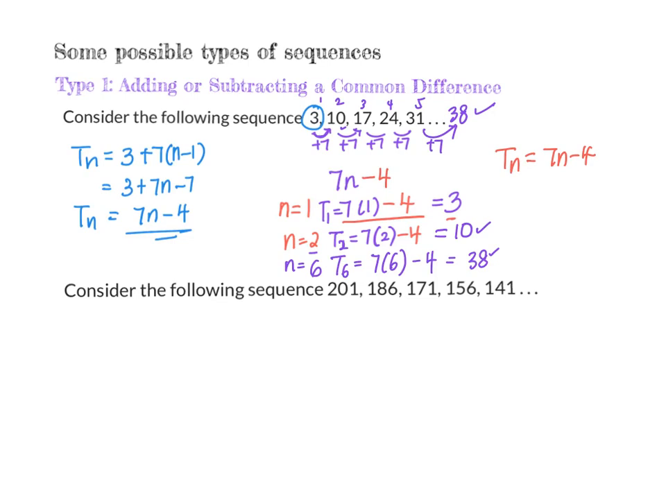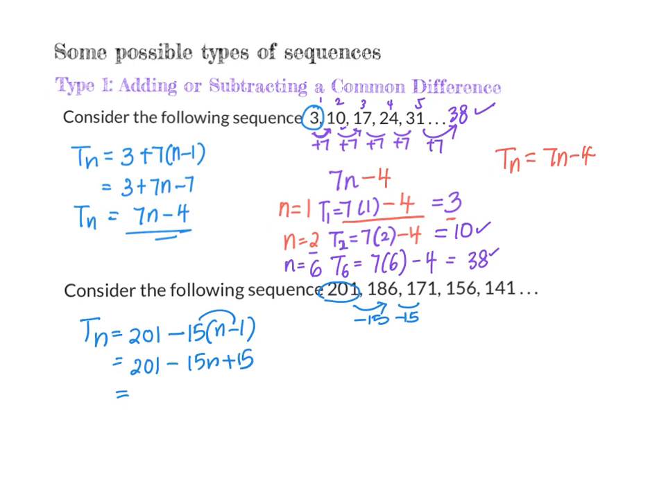Let's consider the next example. If I were to use my first method, I will have Tn to be taking the first term, but now I'm subtracting a difference. I'm going to subtract 15. So taking the first term, 201, I'm not going to add a difference. I'm going to subtract a difference. And this is multiplied to n minus 1. So that formula will give me 201 minus 15n plus 15. And I get my answer to be negative 15n